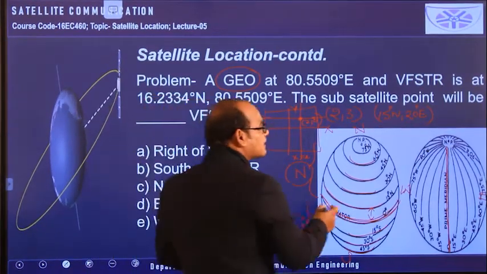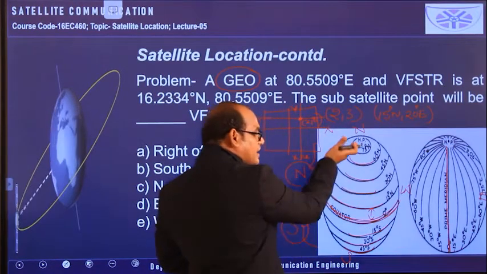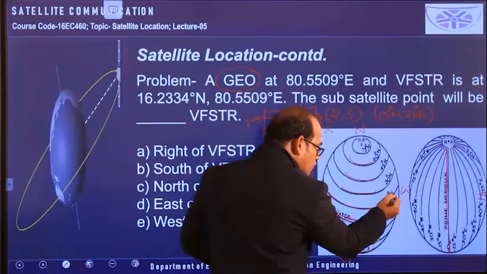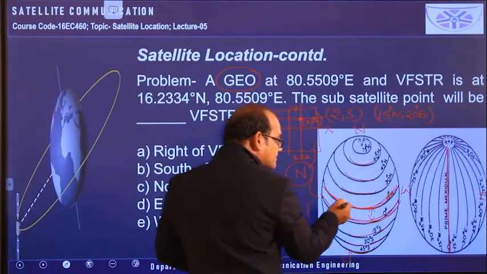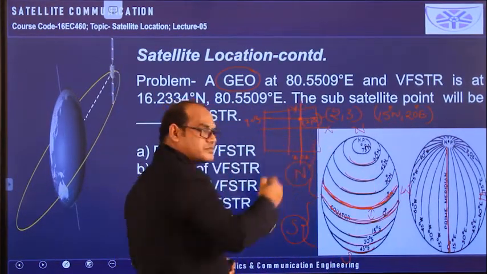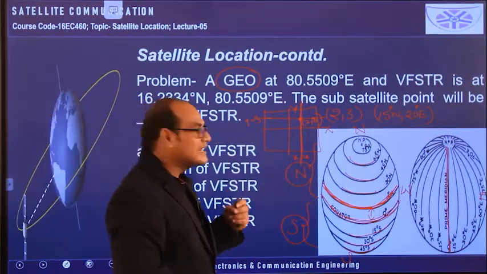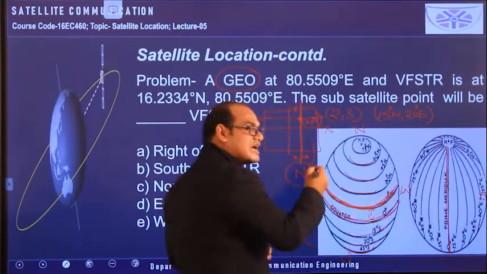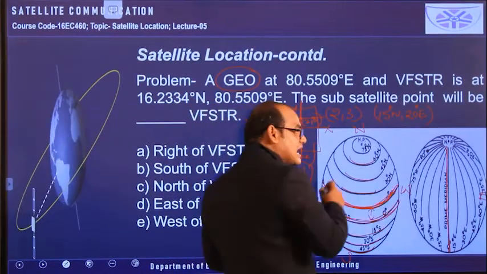So how to locate this? 15 degrees north means, towards the northern hemisphere from the equator, we have to move to the angular distance of 15 degrees. So this particular latitude is given in this case. 15 degrees north is representing like this. It is similar to x is equal to a constant in the Cartesian coordinate system representing one vertical line, and in this case 15 degrees north is nothing but one of the latitudes. So the point is available at any one of the points of this latitude.